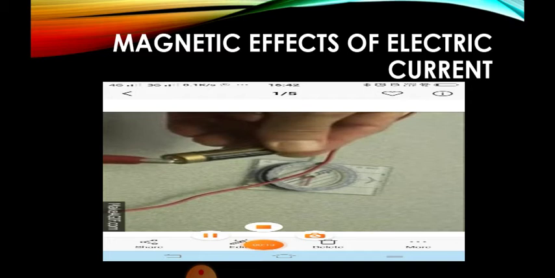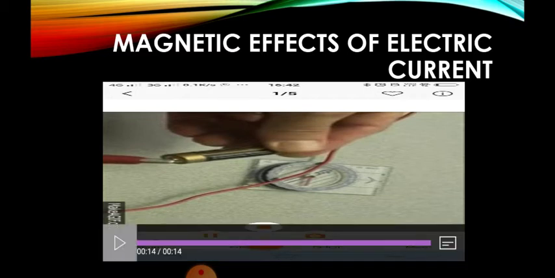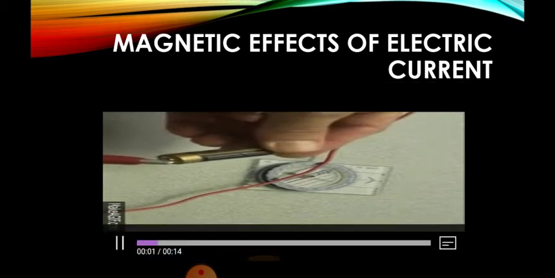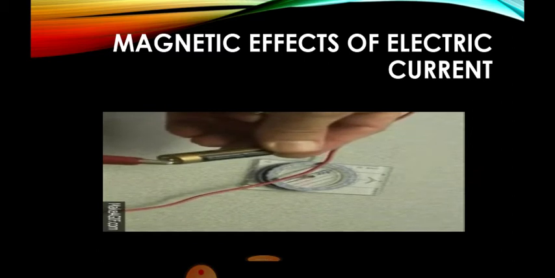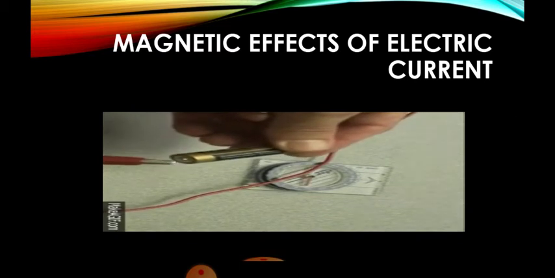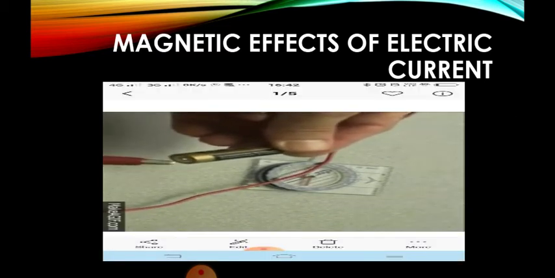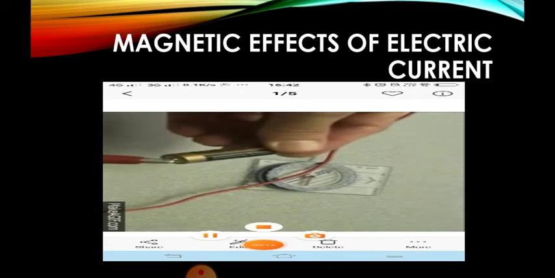So that means the field which is there when the current is flowing inside the wire behaves like a magnetic field. And since there is a magnetic field brought near the magnetic needle, it will start deflecting.